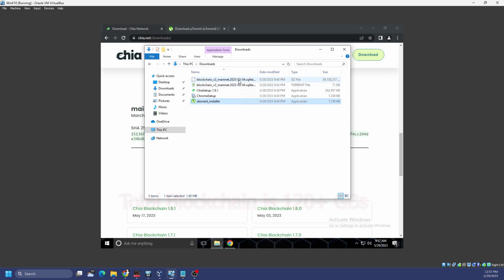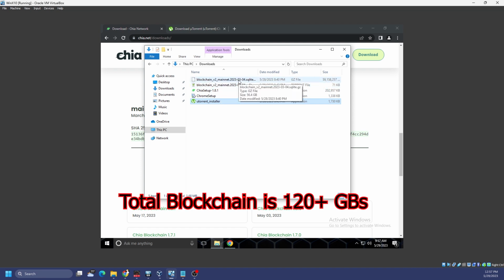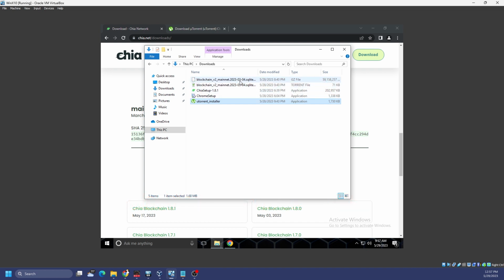And now it's 59 gigabytes. So make sure you got plenty of space on wherever you're downloading it to. You could also change where you want your torrenting program, and there's all kinds of different torrenting programs out there. You can choose where you want it to download the files. But either way, we got Chia setup